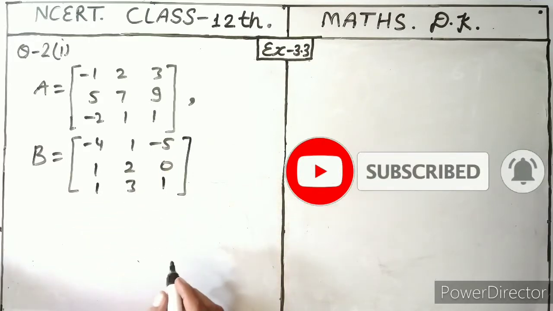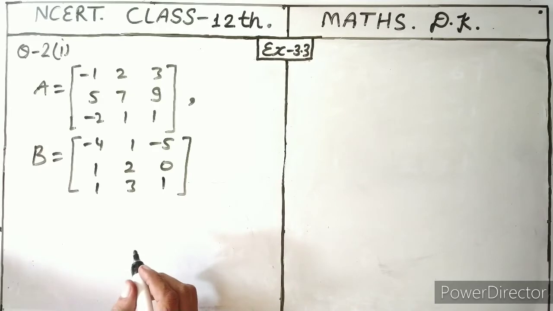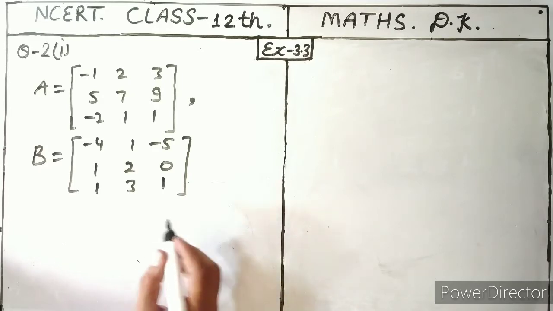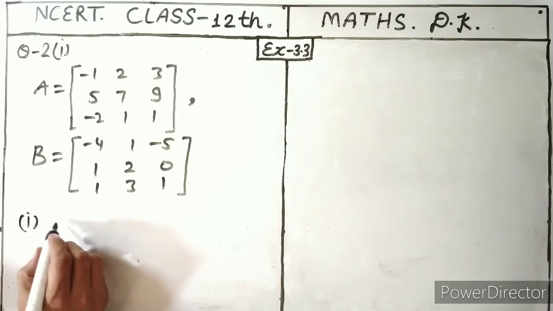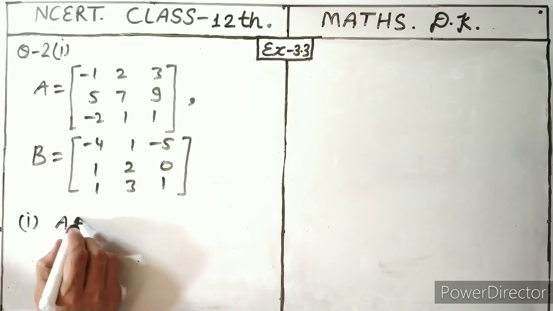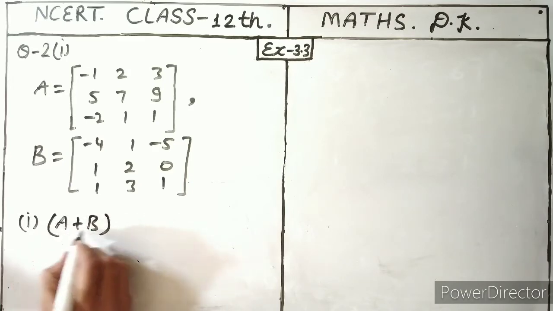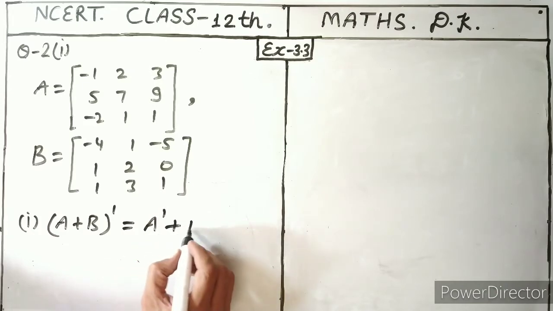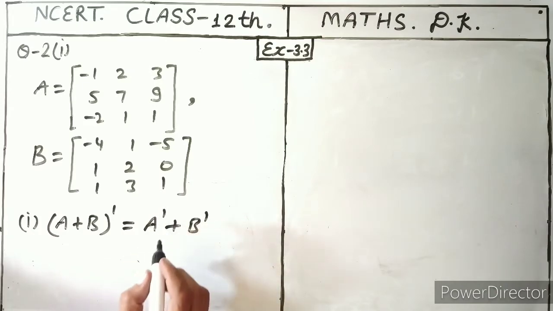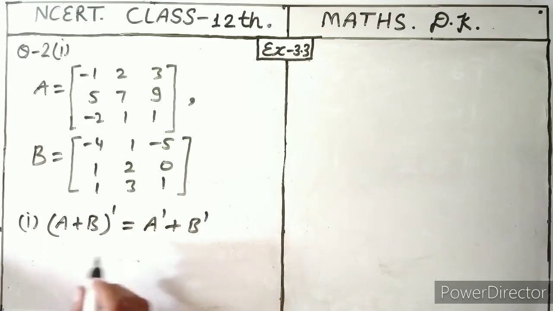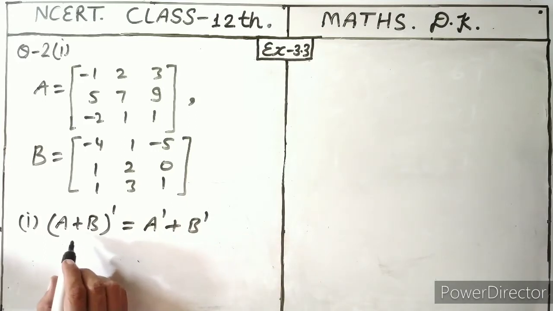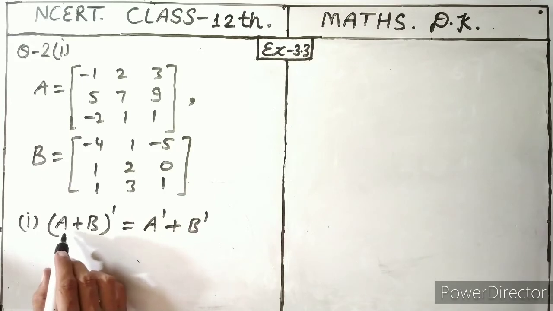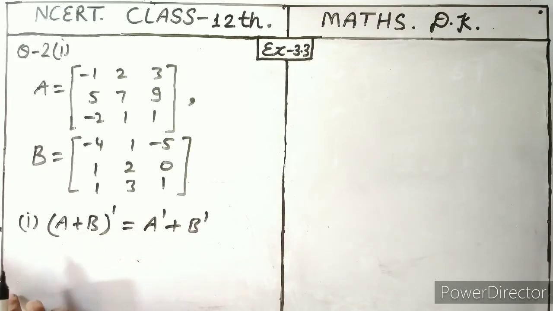This is B matrix, and we verify that in first part, verify that transpose of A plus B equals A transpose plus B transpose. हमें वेरीफाई करना है।